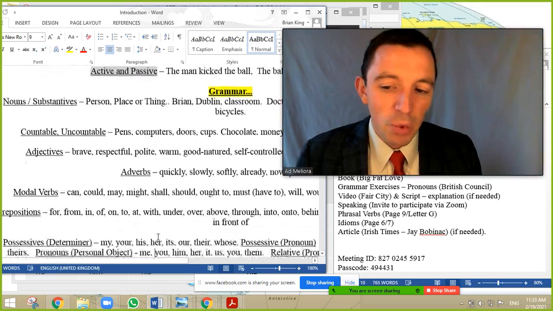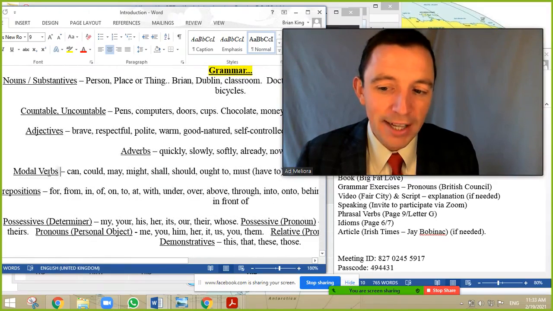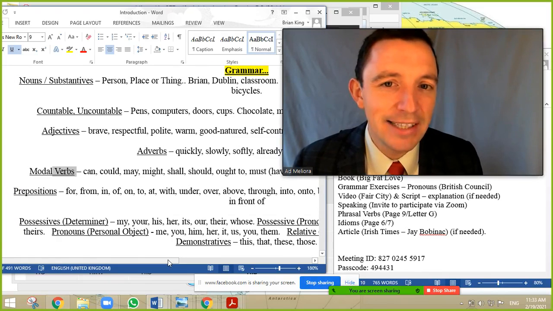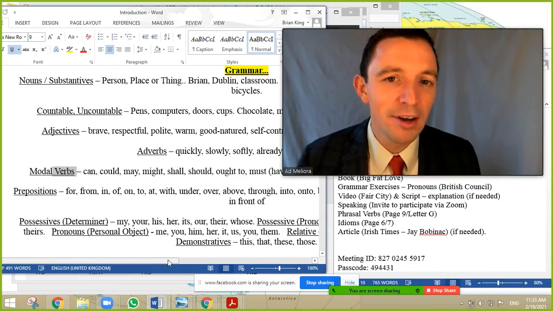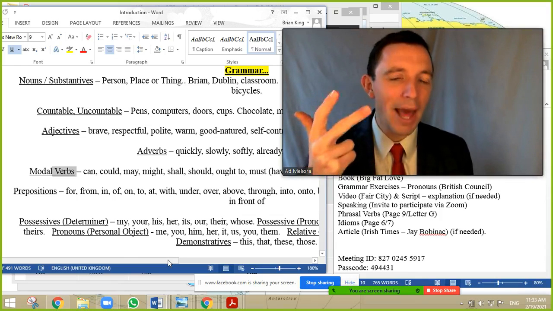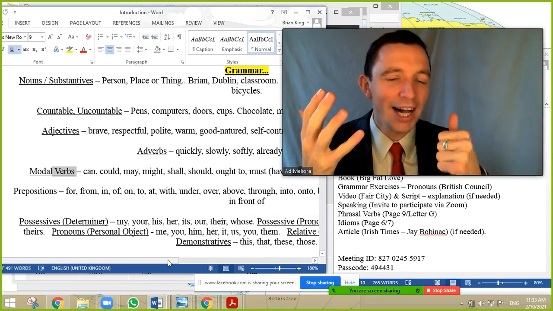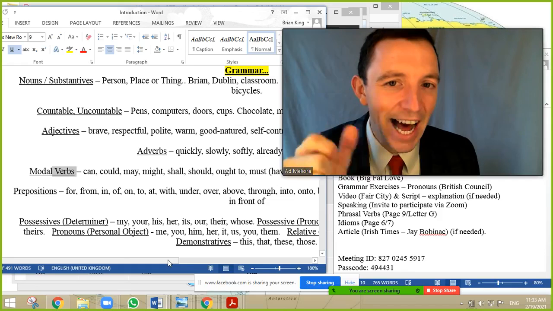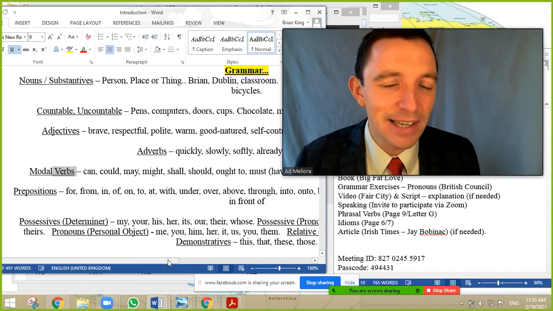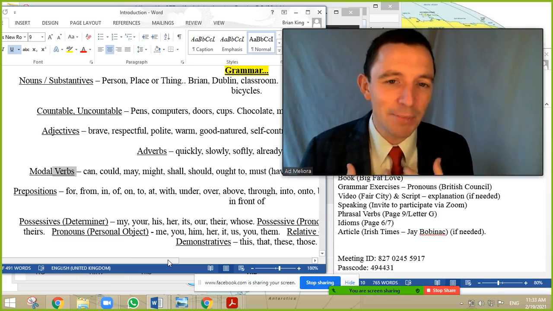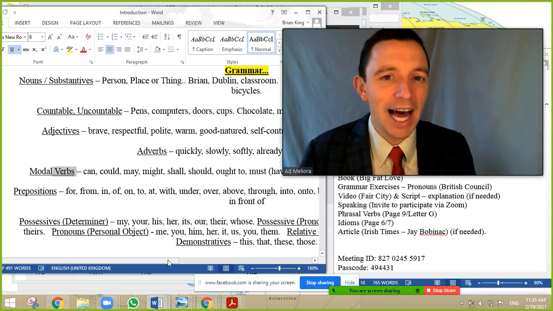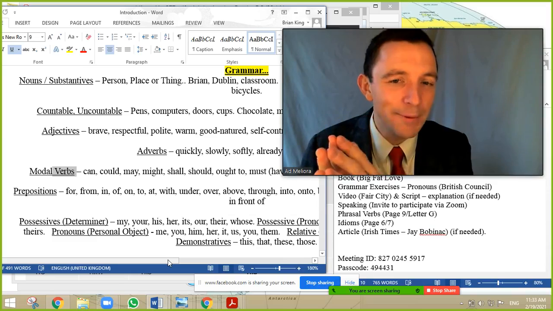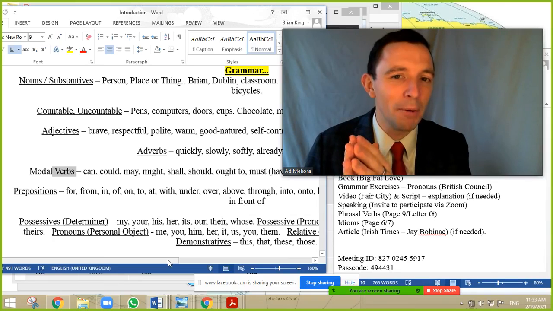After the adverbs, we have the category of modal verbs. So in English, we have maybe 8 modal verbs, approximately. For example, can, could, may, might, should, shall, ought to, must. Okay, they're the most common in my opinion. Can is related to ability. I can eat chocolate. I have the ability. I can speak to my friend. I can play the computer. So it's my ability.